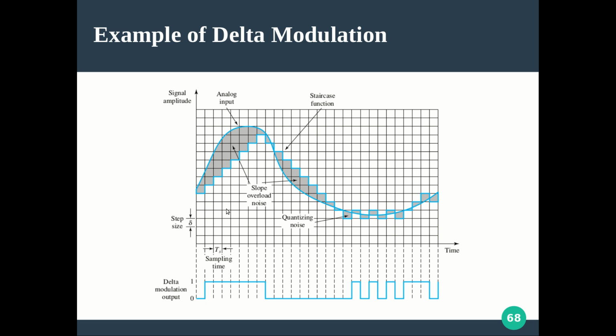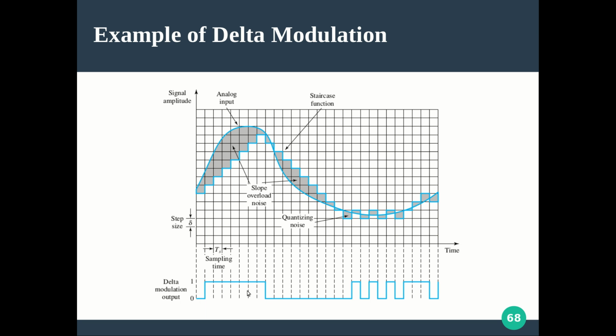So the entire picture is clear for you: how the staircase function is generated, how the up and down movements are given, and how the binary information is generated. If it is moving up, by up movement I am giving 1 for the binary. So simply the staircase is converted into a binary. If it is an up movement, 1; if it is a down movement, 0. So at the receiver we will be getting some kind of zeros and ones, and the receiver can understand. What the receiver will do is try to generate the staircase function from the binary. First it will generate the staircase function. It is very easy. If the input is 1, give an up movement. If the input is 0, give a down movement.